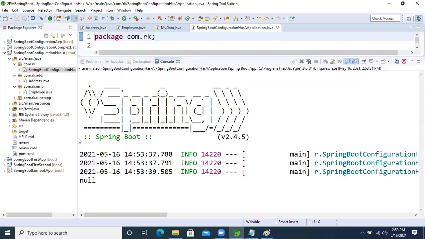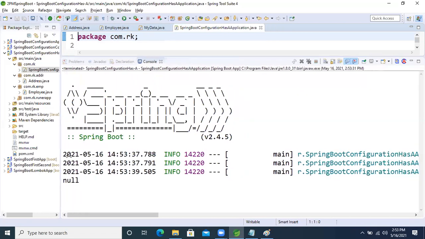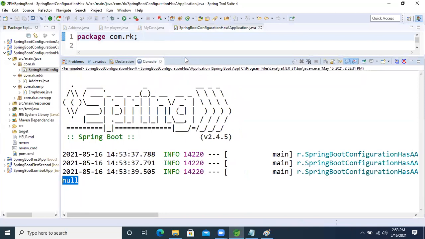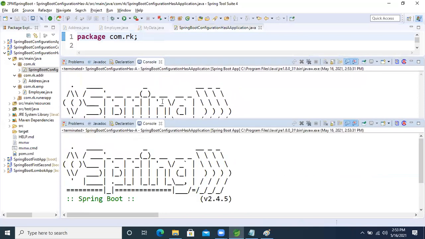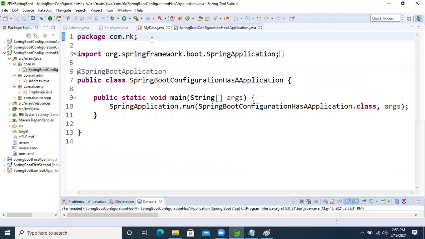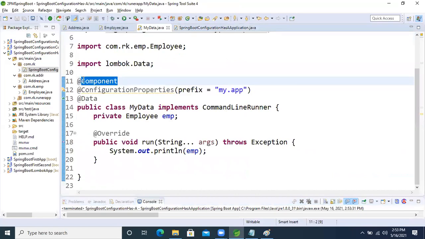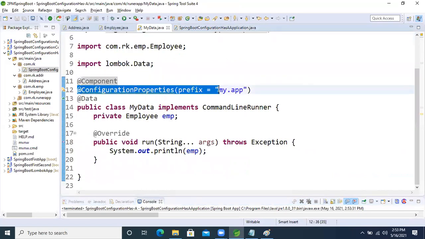No, we are getting null, right? Employee data, right? Here I'm taking @Component, and @ConfigurationProperties I also took.